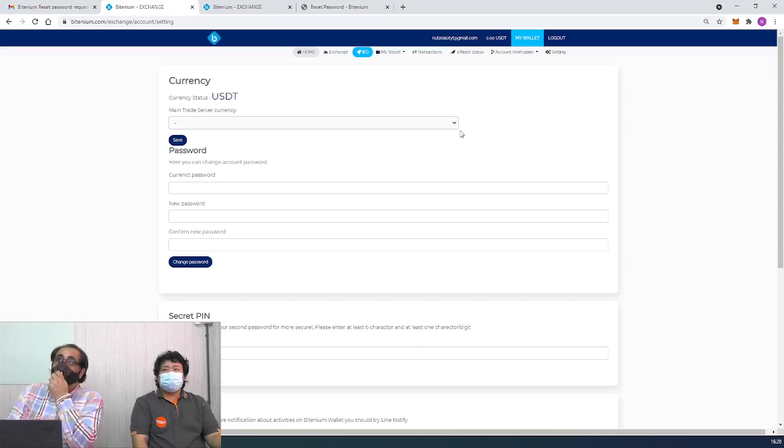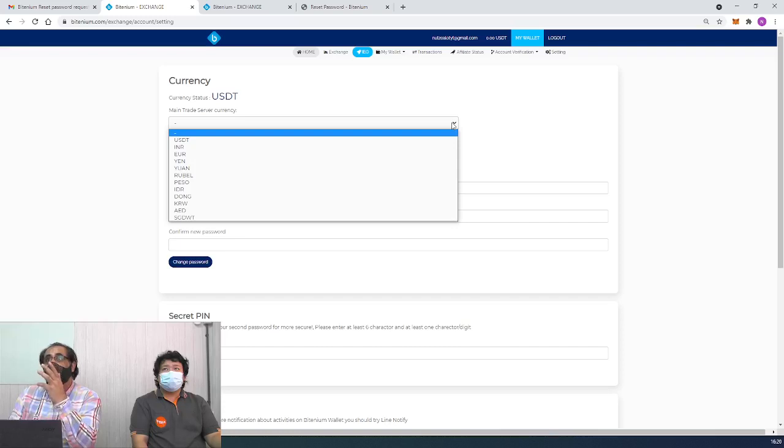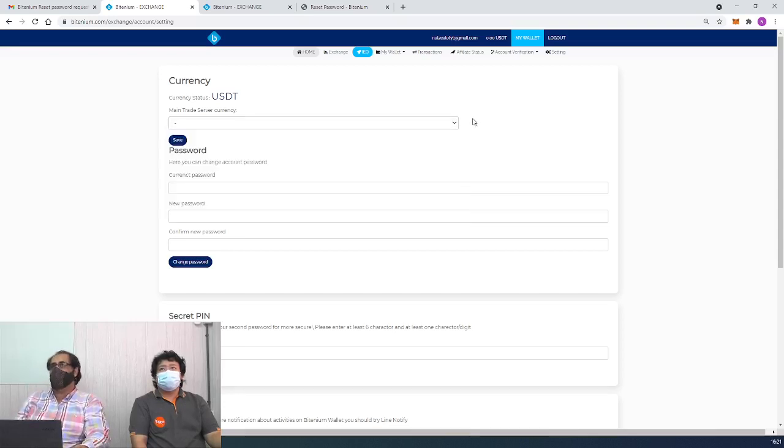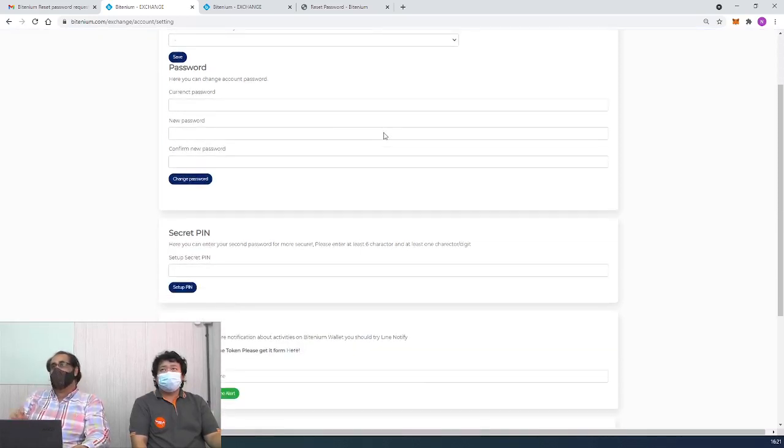Let's start with the currency. In future, if you want to see the currency conversion, you can choose Indian rupees, euro, yen, yuan, anything you would like, and convert it to your local currency. It has a fixed exchange rate and shows you a rough idea of the price in local currency. Currently we have set the default to USDT. If you want to change your password, you can change it anytime. Enter your current password, and then put your new password. Don't forget to do the same as you did earlier.